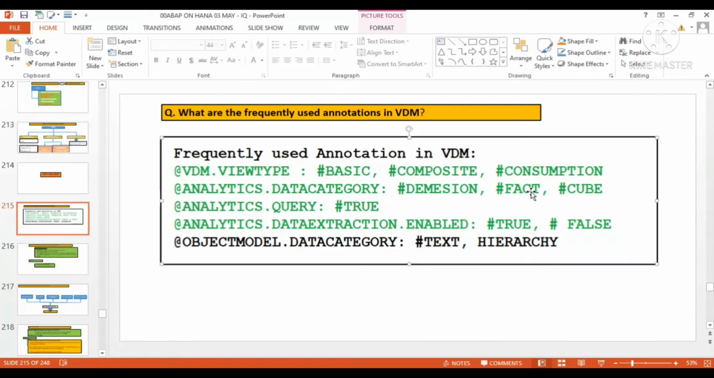The fact represents, if you remember in the information model, the fact is surrounded by various dimensions, right? Fact is nothing but a measure. And cube represents the star schema, the fact surrounded by dimensions. So what I'm trying to tell you over here is that